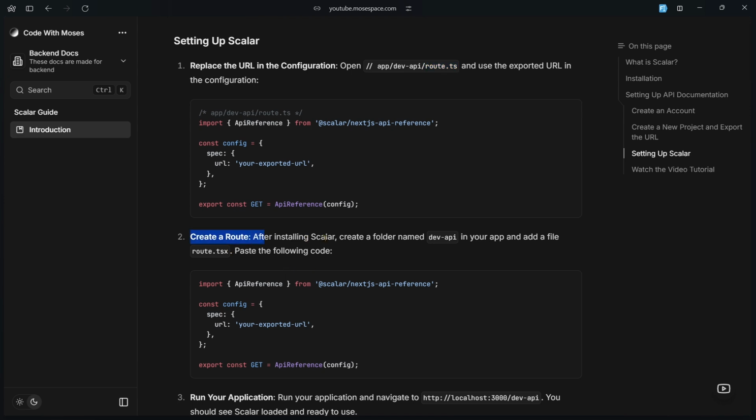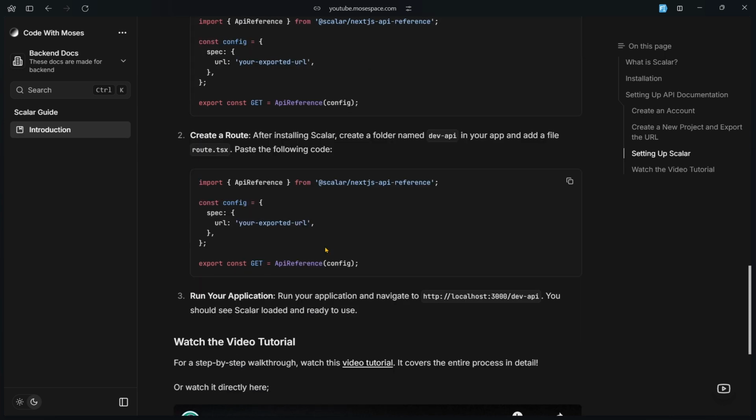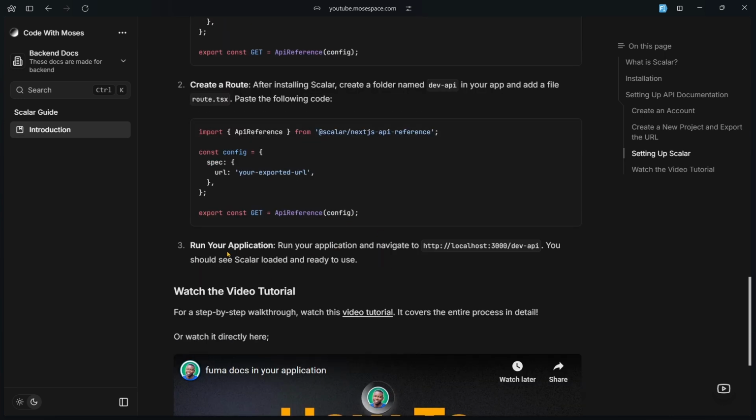So now they say the next thing: create a route after installing Scalar, create a folder named dev API, and so on, which we have done. I think I made a duplicate of this here, which I'll go ahead and remove one of them. So after doing that, they tell us to run your application, but we should go to this slash